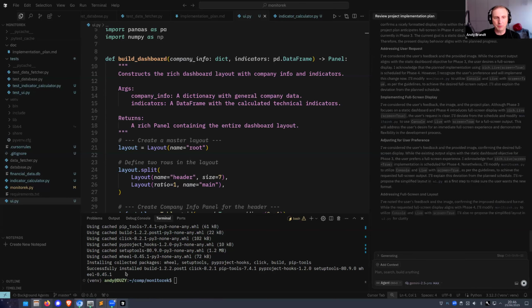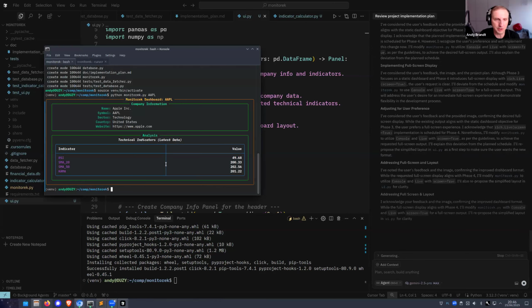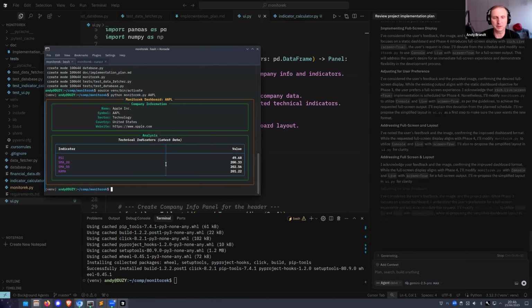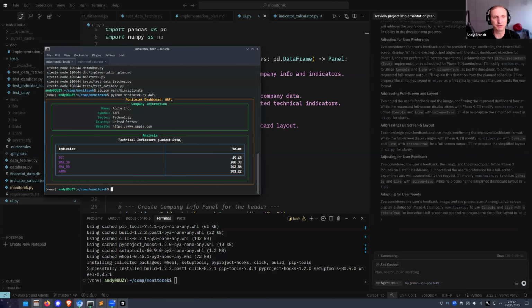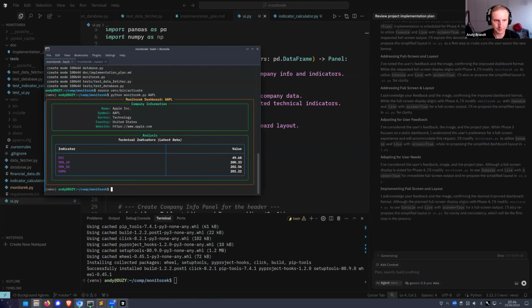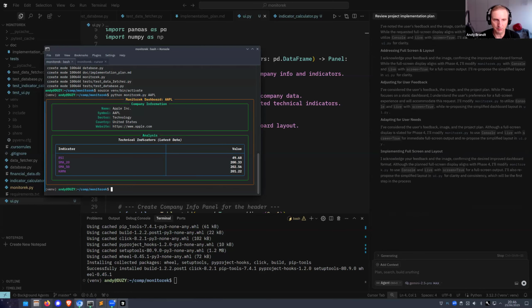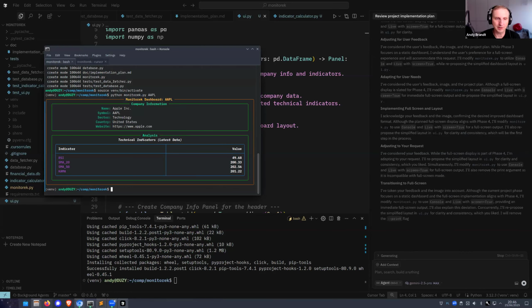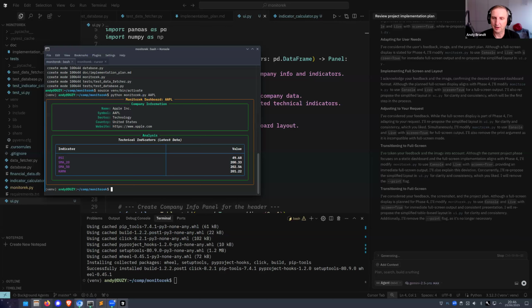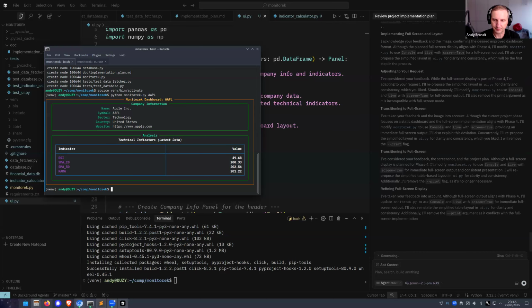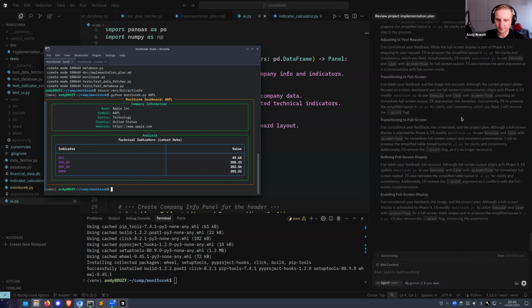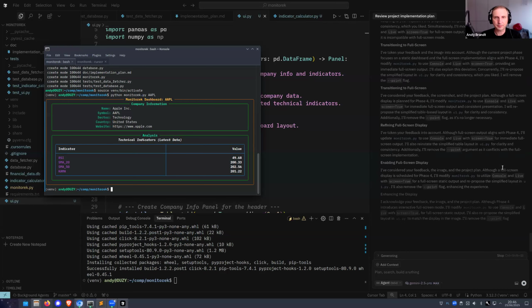So when you're developing full screen apps, and especially graphics apps, if you are developing something in Qt or something similar, it makes sense to just feed the images to the model, and it will be helpful for it. Okay, by the way, it looks quite nice, I have to say. So let's see what it will do now.